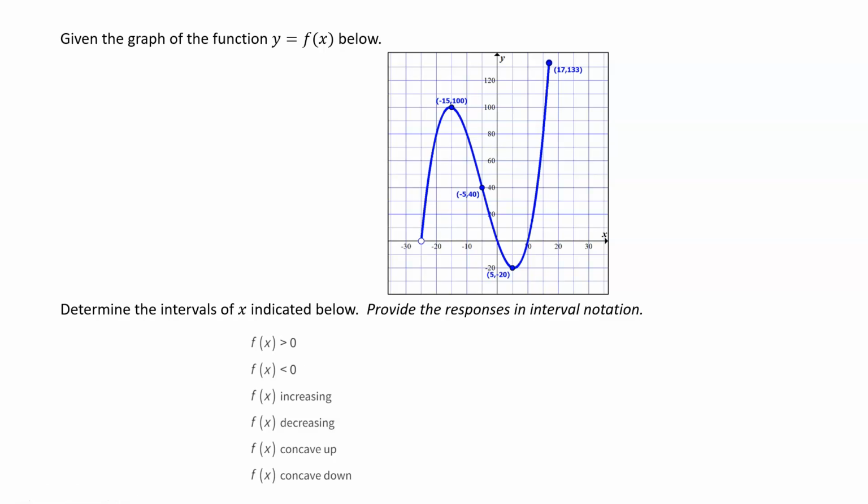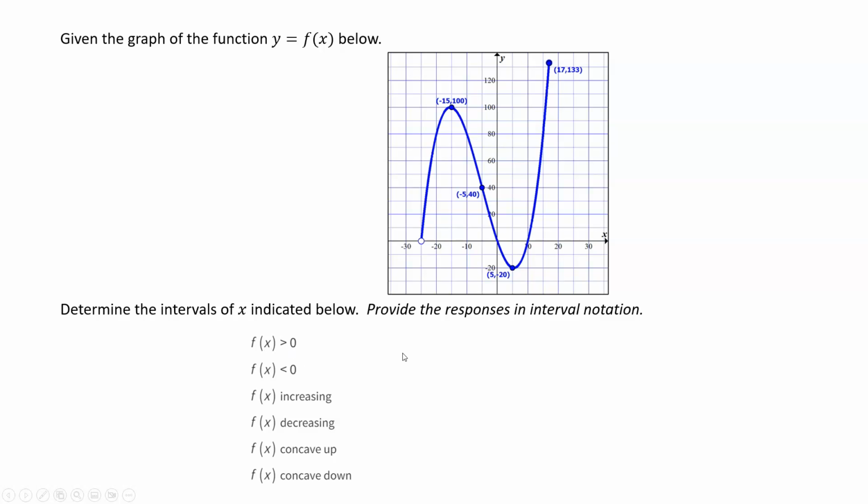The situation with these is that they will never have brackets involved. The only times you're really going to see brackets involved with any intervals are when you are describing domains and ranges. So, if I'm looking to see where f of x is greater than 0,